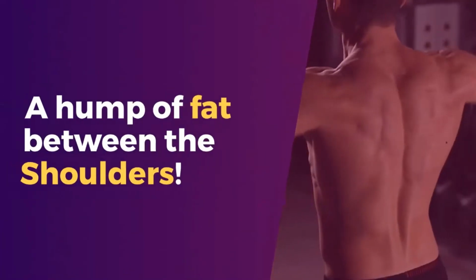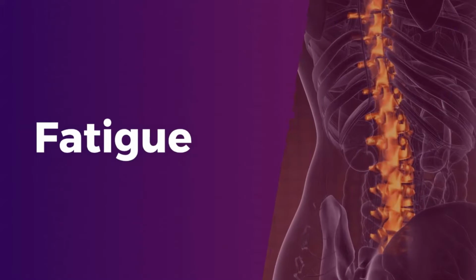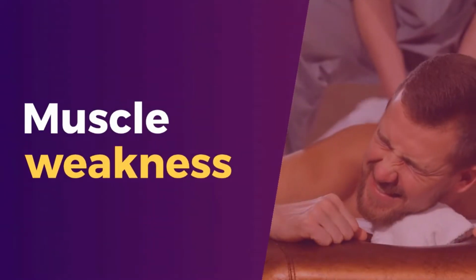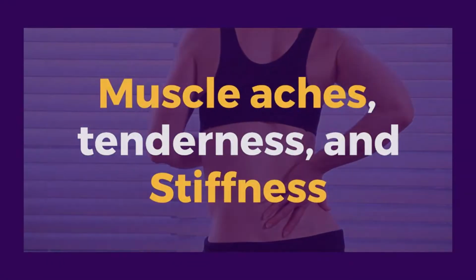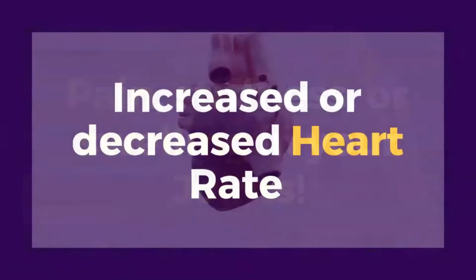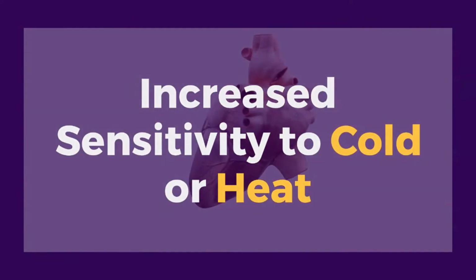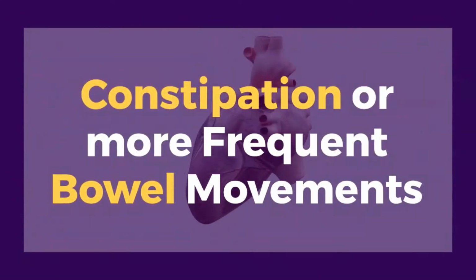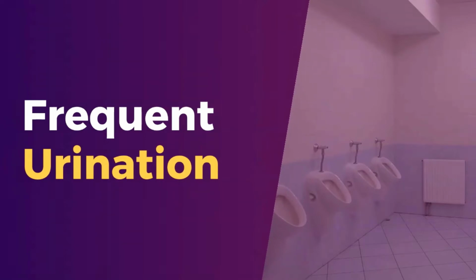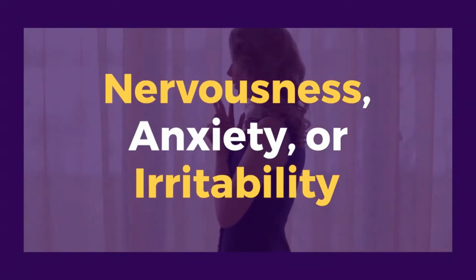Weight gain, a hump of fat between the shoulders, unexplained and sometimes sudden weight loss, fatigue, muscle weakness, muscle aches, tenderness and stiffness, pain, stiffness or swelling in your joints, increased or decreased heart rate, sweating, increased sensitivity to cold or heat, constipation or more frequent bowel movements, frequent urination, increased thirst, increased hunger, decreased sex drive, depression, nervousness, anxiety